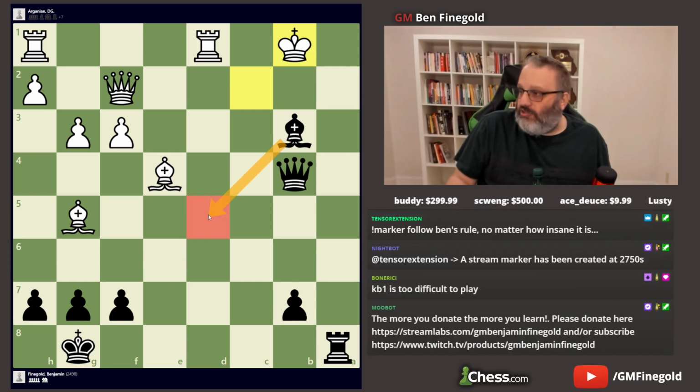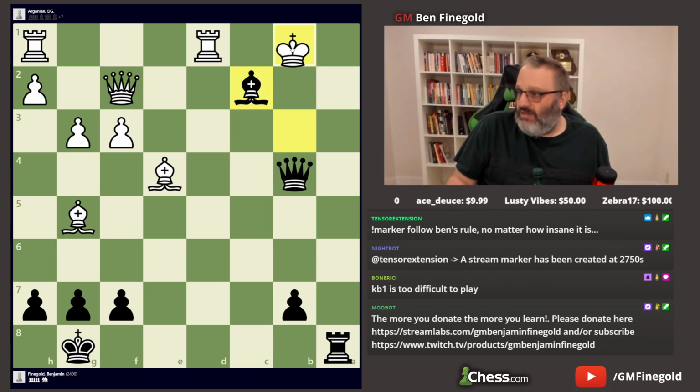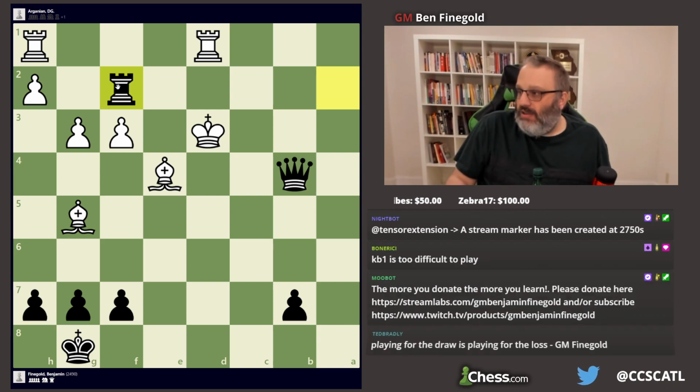Bishop d5 check also draws. It's the same perpetual. And I can also play this position. Bishop c2 double check. King takes. Rook a2 check. King d3. Rook takes f2. And now